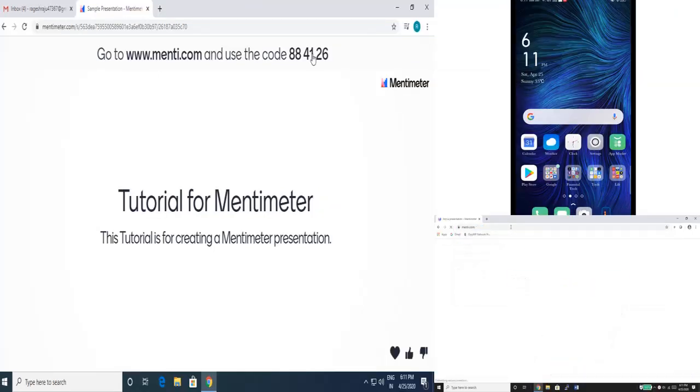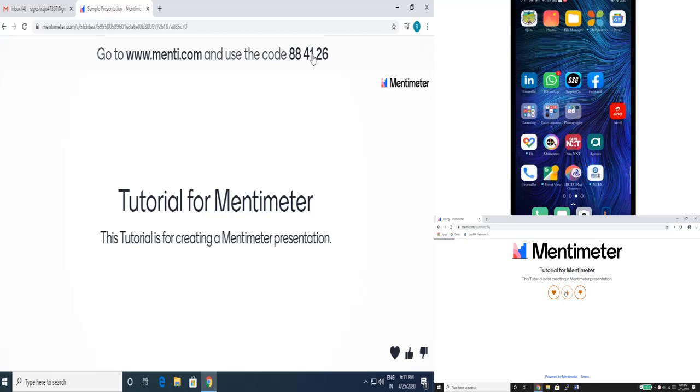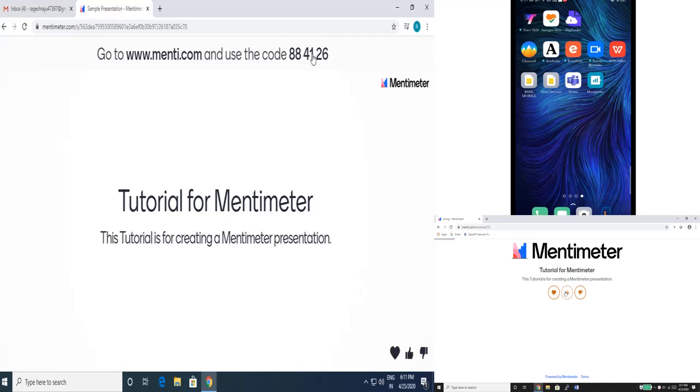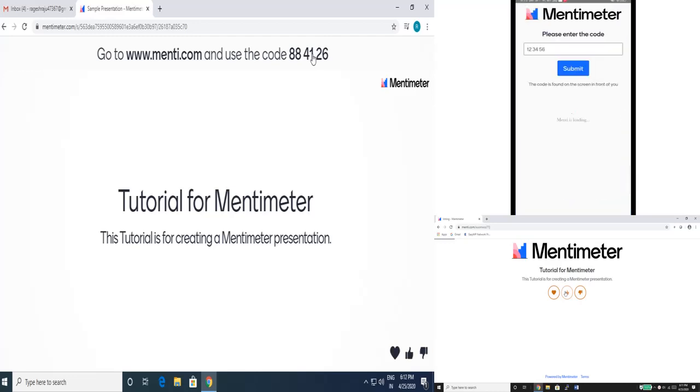So this screen, whatever I am showing right now, is of an audience or of a particular student, right? So I click on submit. So this is how I view it here. For mobile viewers also, if they want, they can directly go to the browser and type that, or else you have an app for this. The Mentimeter app is there, you can download that app. So in the mobile version I am using this app and I am logging in. So this is how it can be viewed in a mobile. So you can see the two versions, in laptop how it looks, in mobile how it looks.